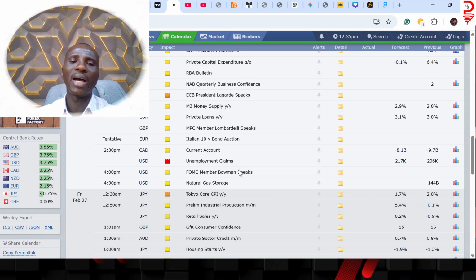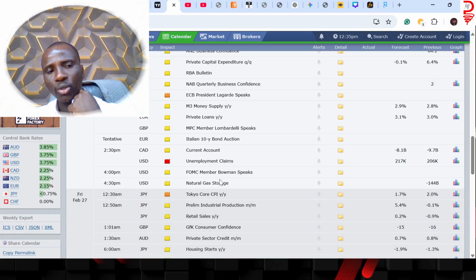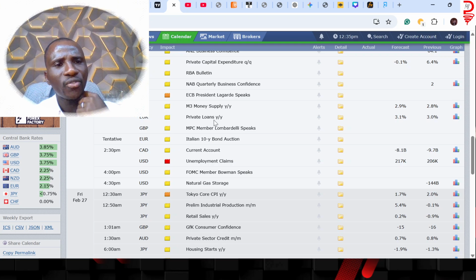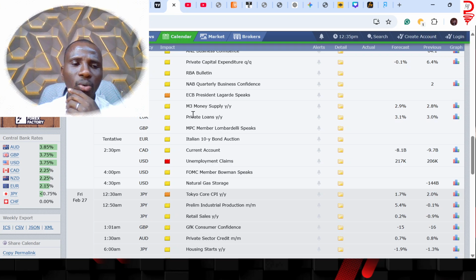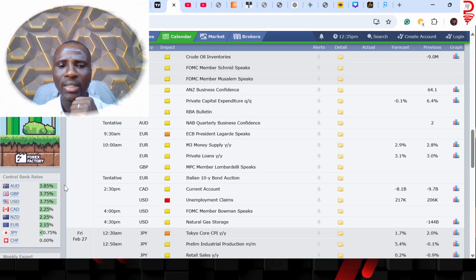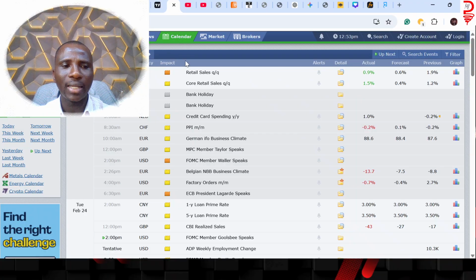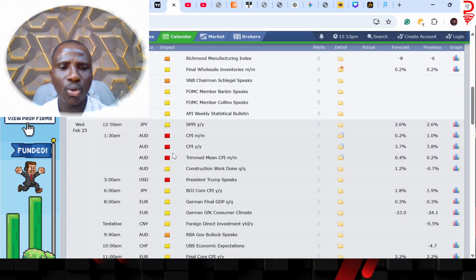So having said all of that, today we just want to quickly look at the interest rate, just like our usual practice. So we want to go to forexfactory.com, and we want to look at the interest rate. The central bank rate is always at this side of the site. So once you get to forexfactory.com, you click on calendar. Once you get there, suppose you are just getting there now, you click on calendar, it will reload. Then you scroll up,